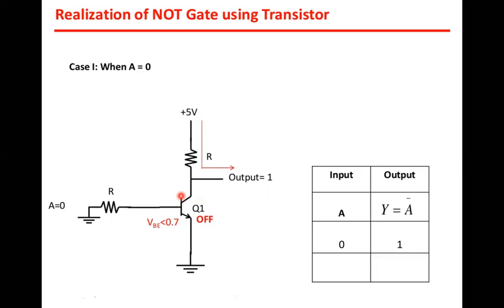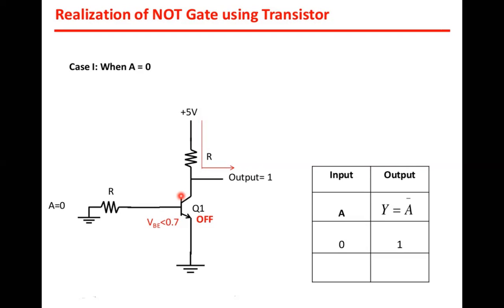To understand the transistor operation, we have to connect the transistor to input characteristics and output characteristics. And if you study the characteristics of a transistor, for any configuration, common base or common emitter or common collector, there will be three regions. One is the cutoff region, the other is the saturation region. And the region between the cutoff region and saturation region is called the active region.